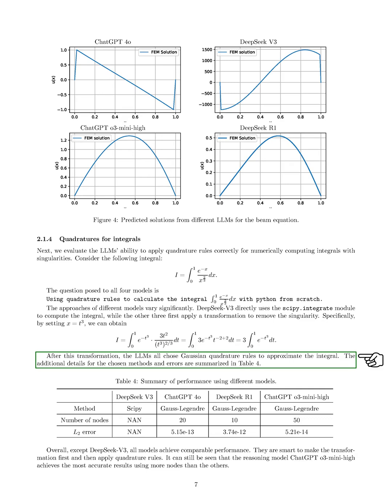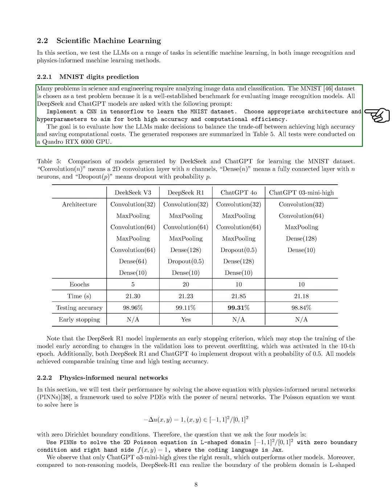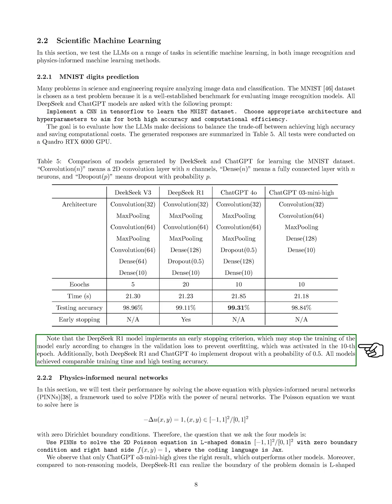In the scientific machine learning section, we evaluate the LLMs on tasks related to image recognition and physics-informed machine learning. For MNIST digit prediction, we prompt all models to implement a convolutional neural network in TensorFlow. We aim to see how they balance accuracy and computational efficiency. The results show that all models perform comparably in training time and accuracy, with DeepSeek R1 implementing early stopping to